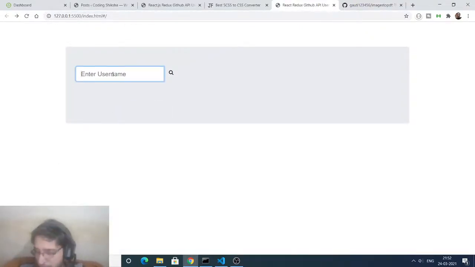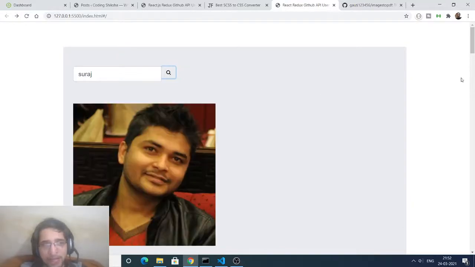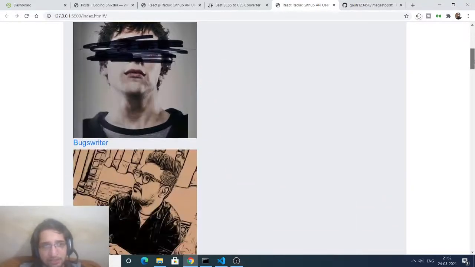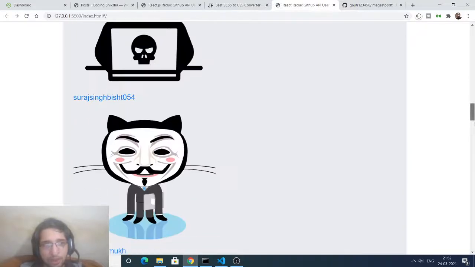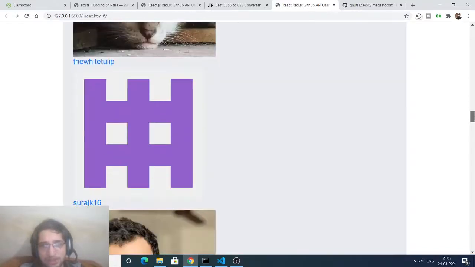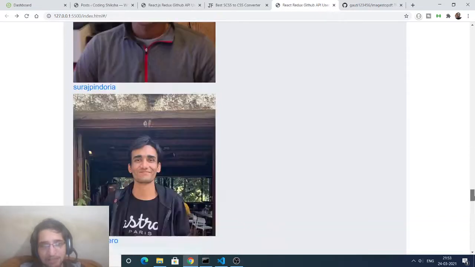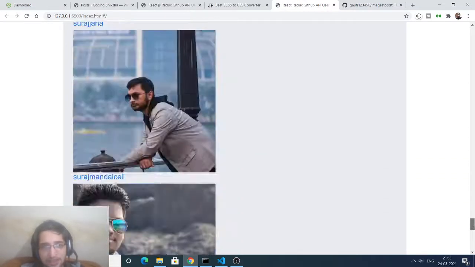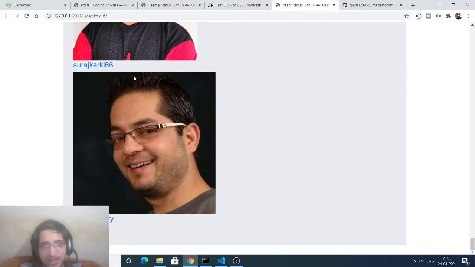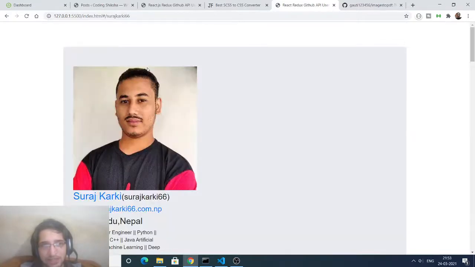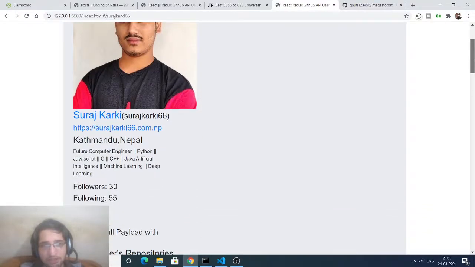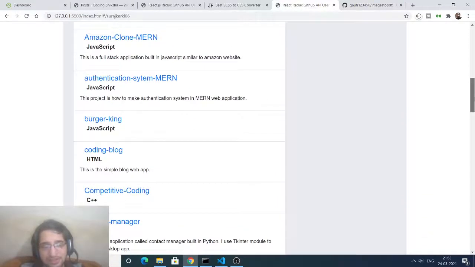Now if I just type here Suraj, just a generic name, you will see if I search this, many people have the ID Suraj. You can see all the persons whose ID contains Suraj listed here. It is still fetching the data, and if you drag down, it will dynamically load this data from the GitHub API and display it inside a list-like structure. Similarly you can click any of the usernames, and it will display more information about it on this complete screen.